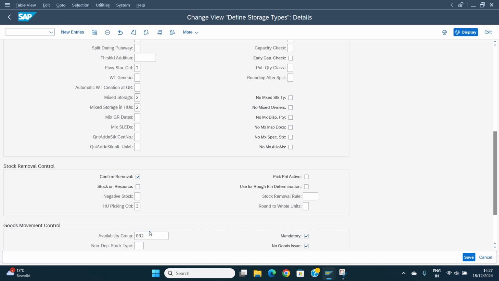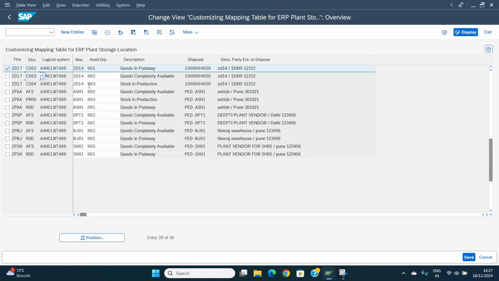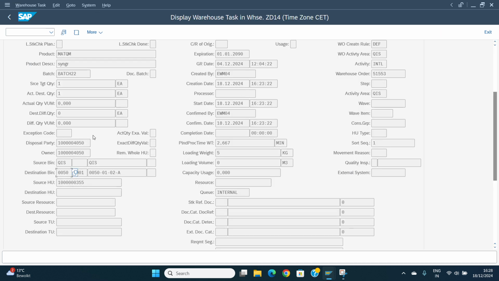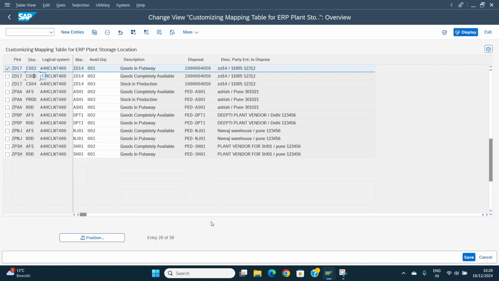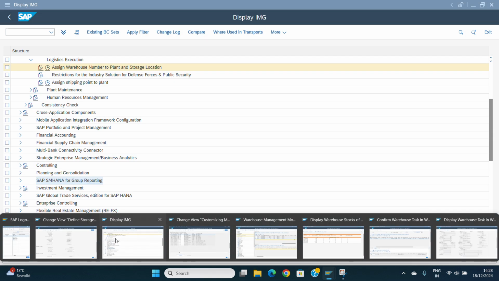we will see the availability group mentioned as 002, and in the configuration 002 is mapped to CS03, and within CS03 the stock type, if we further check the stock types which are mapped in the system, we will see F2 as a value which represents the stock whenever it is in unrestricted stock type, right? So using this setup,